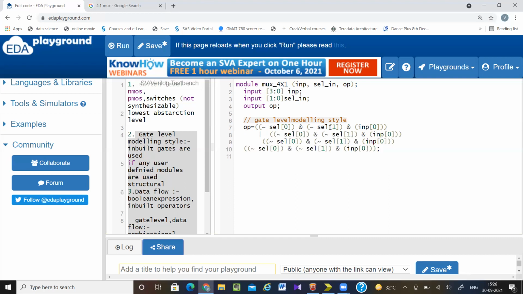Okay, so zeros. Now next select line will be equal to 1 and it is equal to 0 and this will be 1. Next select of 0 should be equal to 0 and select of 1 should be 1. Then output will be equal to input of 2. Next both the select line equal to 1, then output equal to input of 3. It is like the truth table. Okay. So these things I can tell it as a data flow level also.